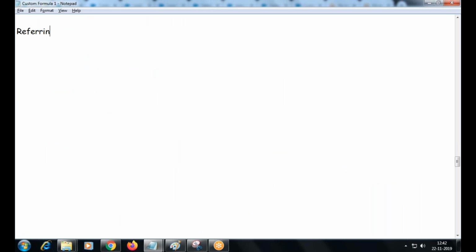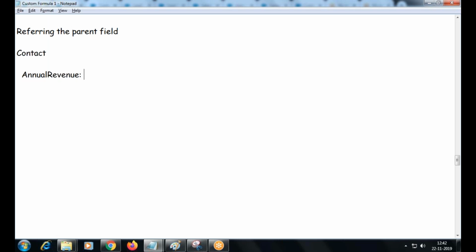So referring the parent field. Okay, so my current object is what? Current object means the object on which you are going to build your formula. Okay, it's going to be contact, and there I'm going to create a custom formula field, say annual revenue of account. Some label I gave. Okay, it's a lengthy name. I'll just go with annual revenue, for example.